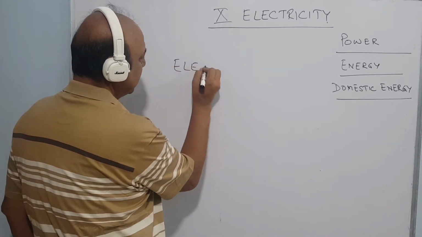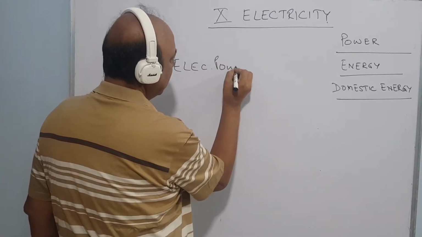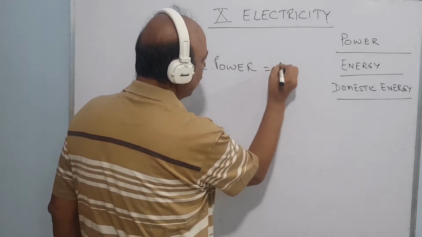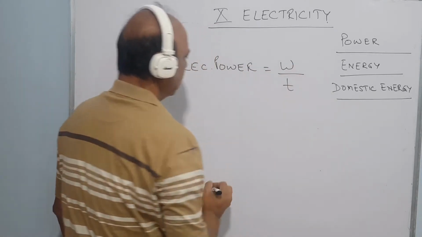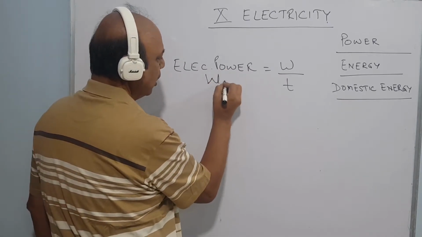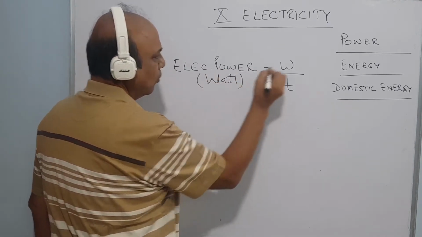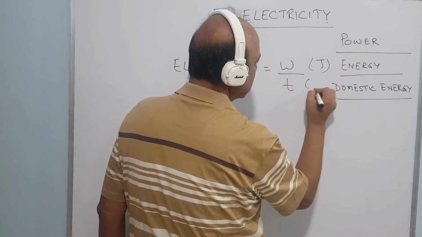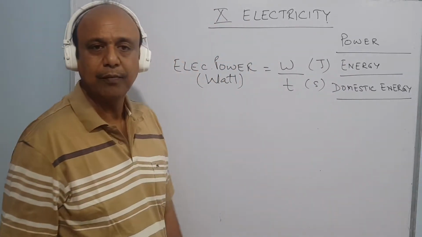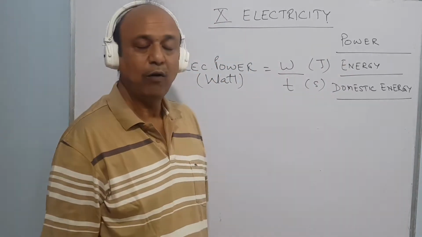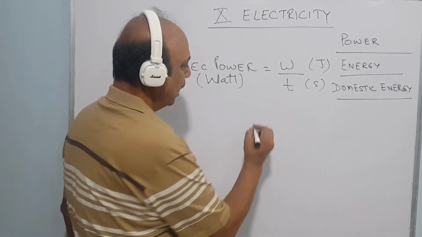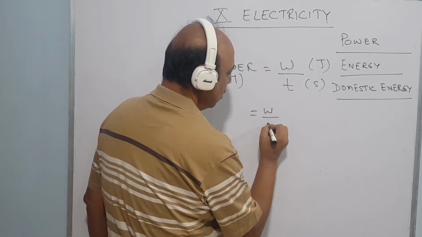We have all studied in class 9. Power is work done upon time. The unit of power is watt. Work done is in joule, time is in second. We all know power is equal to work done upon time. That is also equal to